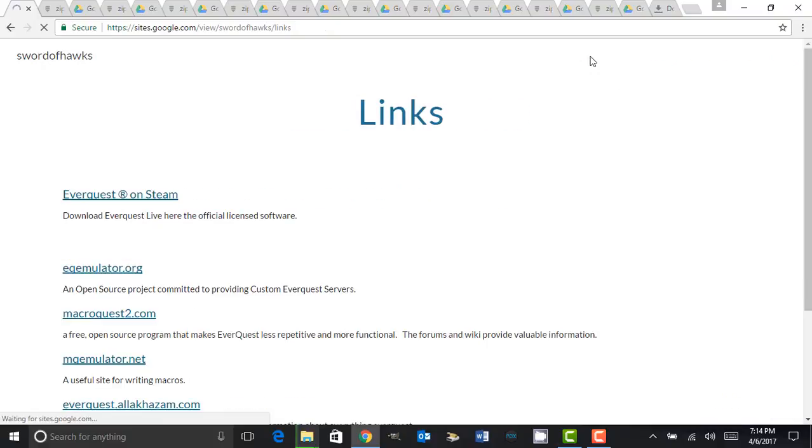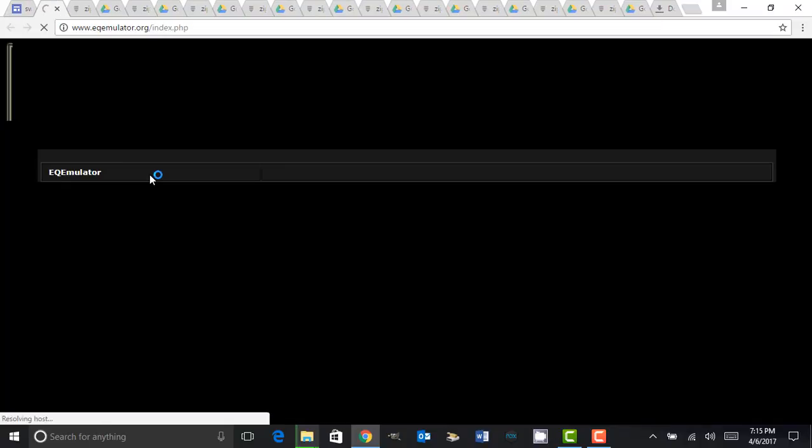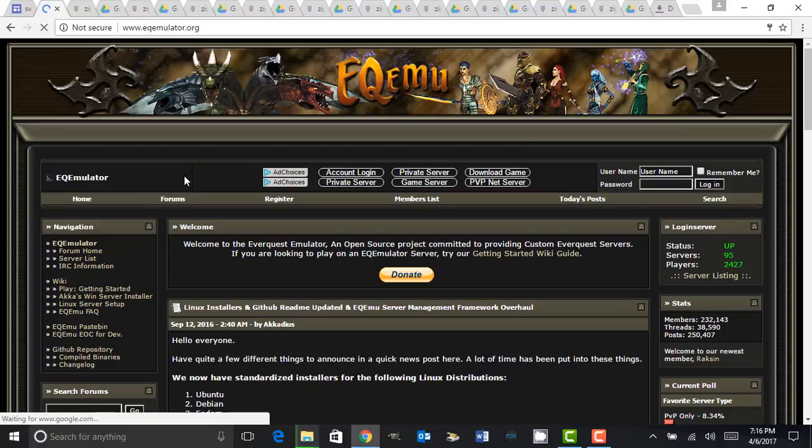So if we go back over to links, the second link on the page is the eqemulator.org link. This is the website that hosts the emulated servers. So we can just click on that. All right, so here we are at the EverQuest emulated server website, and we need to create an account. So we'll go to register,